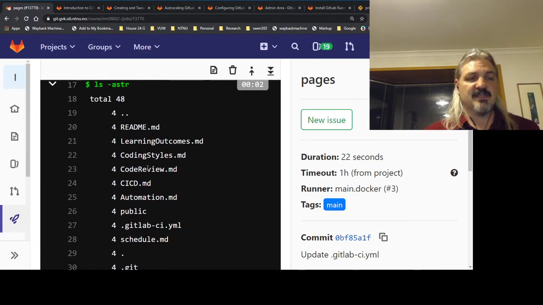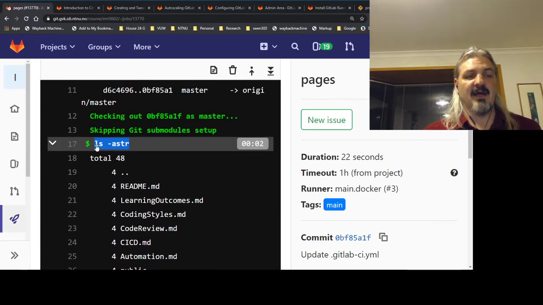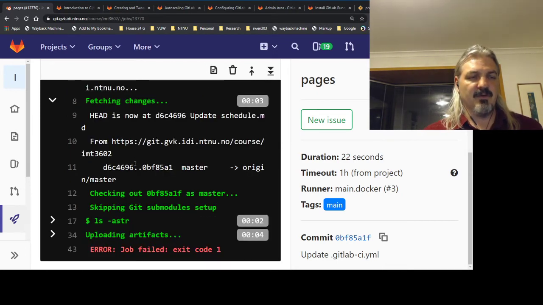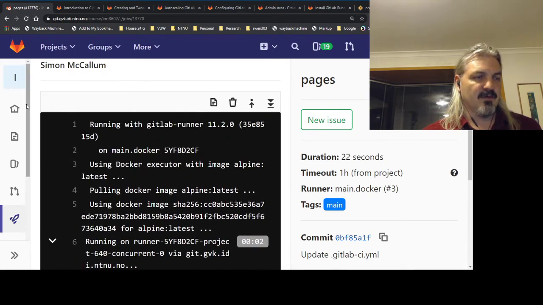Now, this is just a command prompt. I can run other commands. I could run a build command. I could run a compile command. I can run other commands at this point. So if we have a look in my